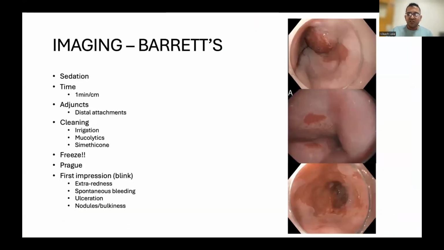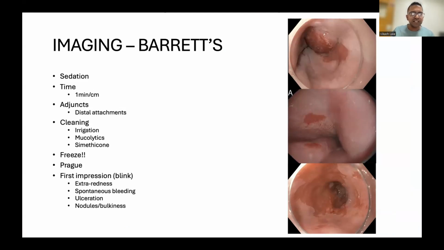And the crux is you got to get it right the first time, because if you don't get it right the first time and you go with the wrong therapy, you often lose that opportunity to cure your patient. So if you do an endoscopic resection and you don't get a good margin on the lesion because you misassessed it, you then get fibrosis and you've lost the opportunity to actually cure your patient endoscopically. So getting it right the first time is quite important.